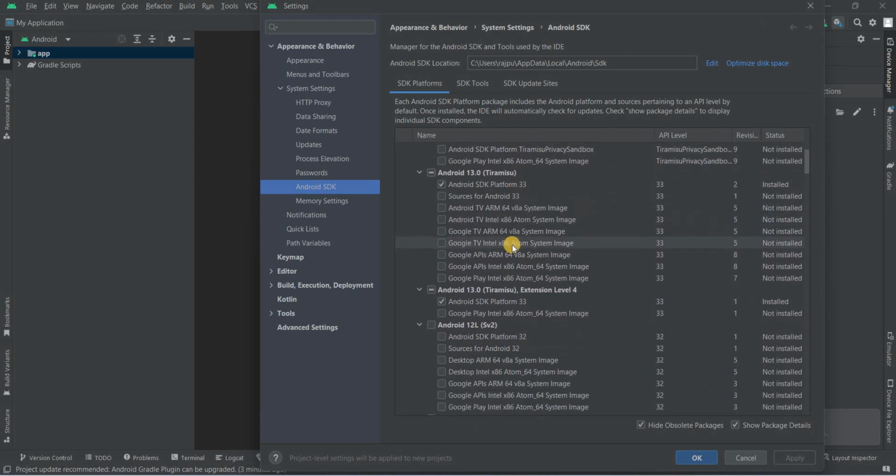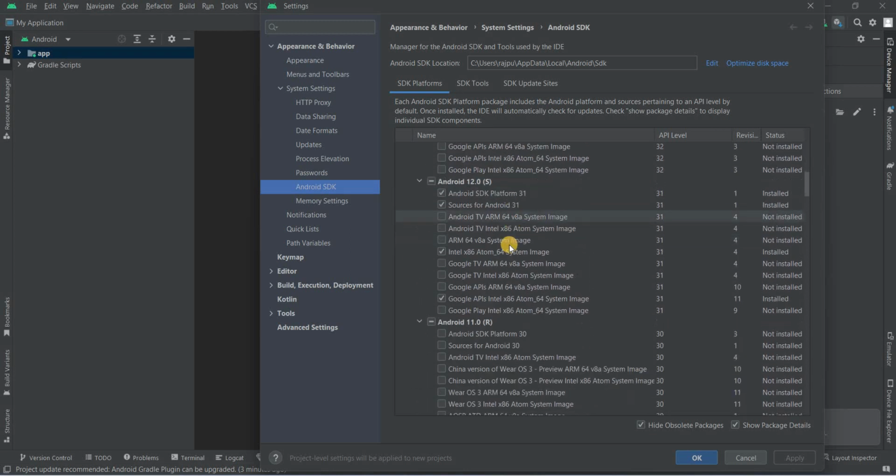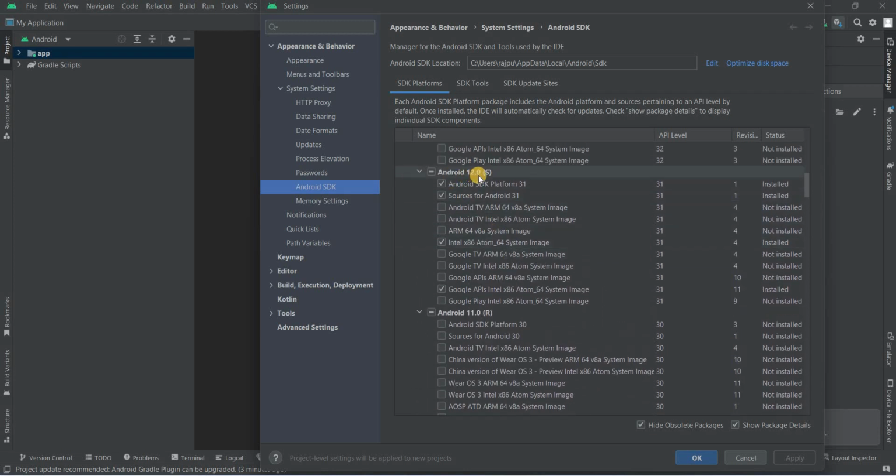Scroll down and click on Android 12, and you will see many options. If for some reason you are not able to see these options, simply click on Show Package Details. It will show the packages something like that.